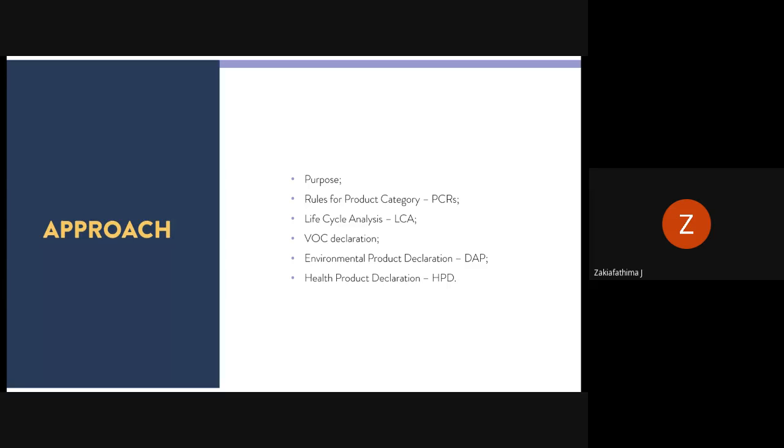Then comes your EPD, environmental product declaration. Environmental product declaration will tell you that there was absolutely no process involved in harming your environment while producing this particular material. And then there is your HPD, health product declaration. Health product declaration will declare that your product will not harm the health of the consumer, and while the whole process of manufacturing the product